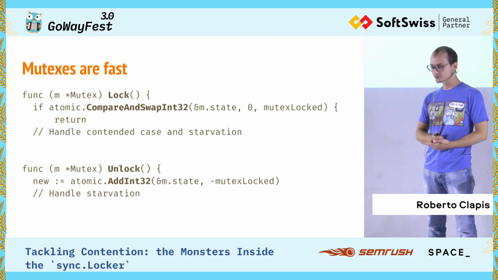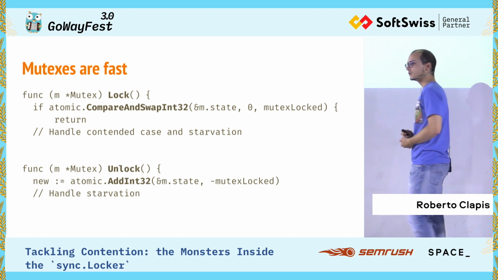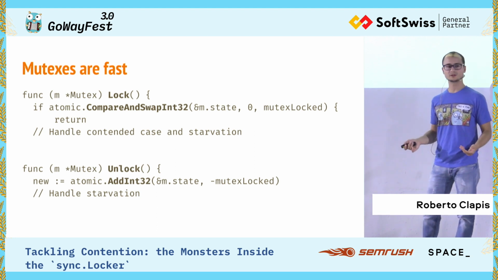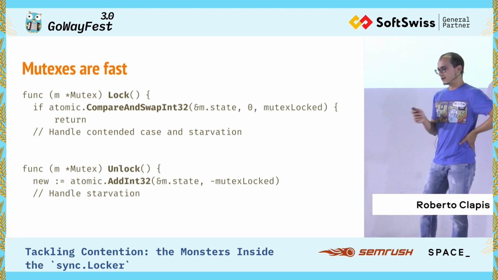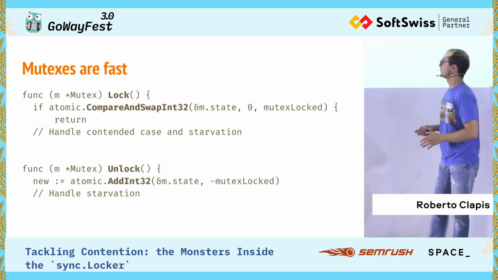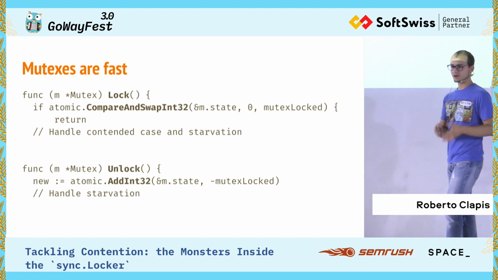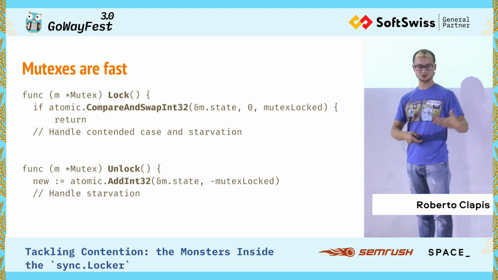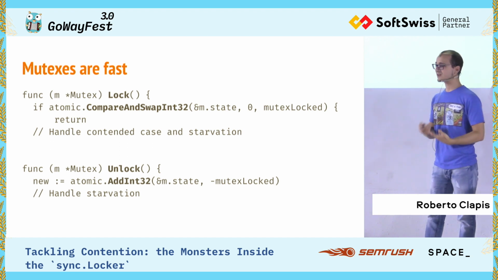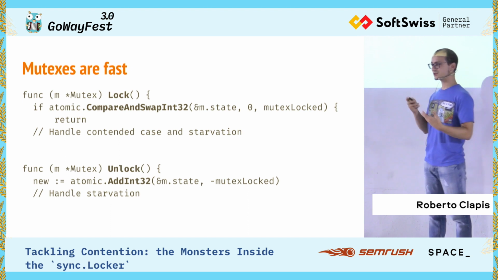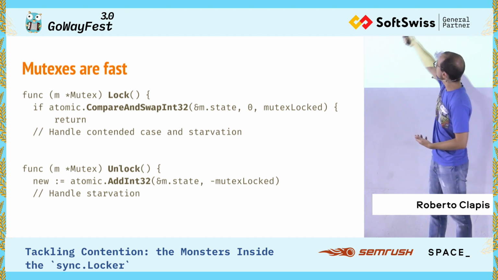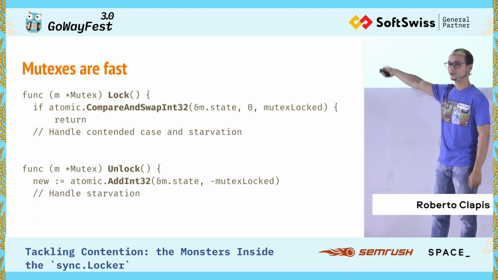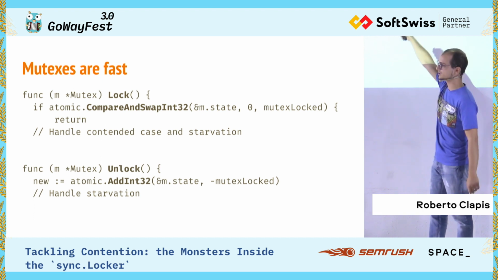One comment, mutexes are fast. I've seen people trying to say, oh, so I have a contention problem, I should probably remove the mutex. That is not the good approach. Do not try to be faster than your runtime, because if you can manage contention, if you're able to divide contention as I just told you, mutexes are never going to be slow. Mutexes are always going to be fast enough, because the entire code that you're going to execute fits on this slide. If you have zero contention, this is what a mutex does.